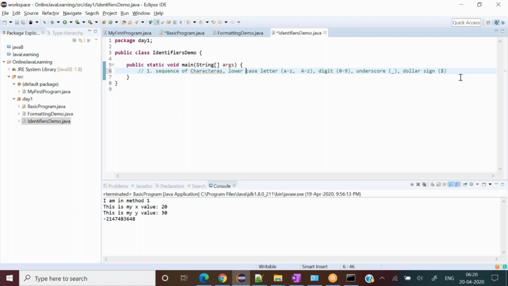Nothing else other than these would be considered as an identifier. So far so good? Any problem understanding this? So let's say we cannot use star, or we cannot use the percent sign. It has to be these.